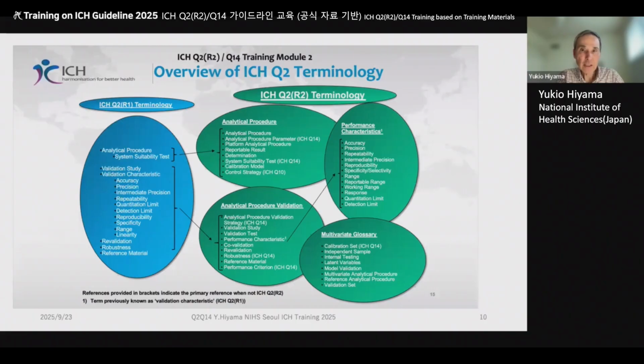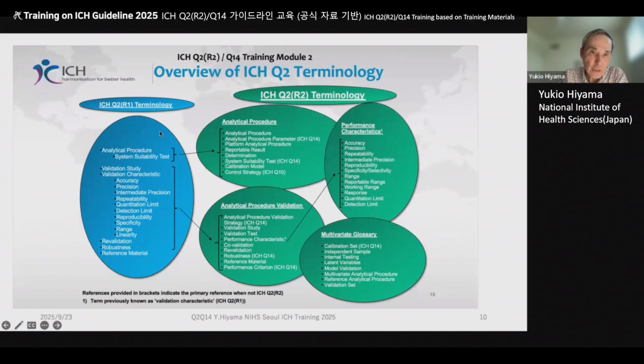Yeah, this slide, you can find this slide. I should point out the slide number over here, slide number 15 in module 2. You will find this slide. Now, this is an overview of ICH Q2 terminology. And then on your left,